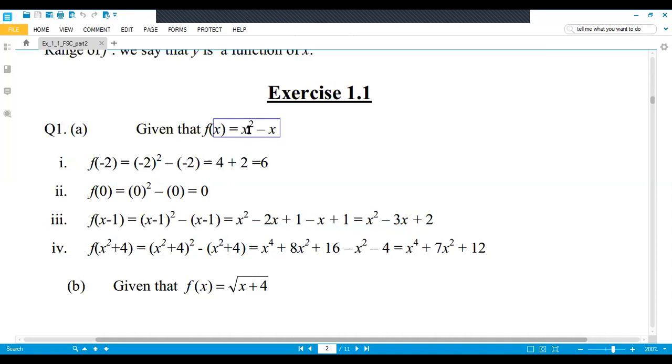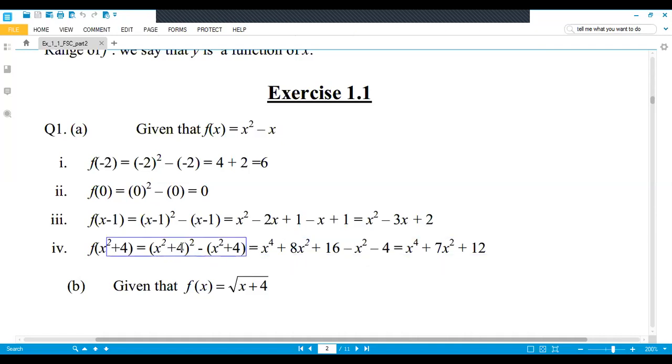Where you find x in the given question, there you put x square plus 4. So in place of x square, we put x square plus 4 whole square, minus sign, in place of x, x square plus 4. Now again, here you have the formula a plus b whole square, which is equal to a square plus 2ab plus b square. So a square, x square squared is x power 4, plus 2ab, where a is x square and b is 4. So 4 2s are 8, 8x square.